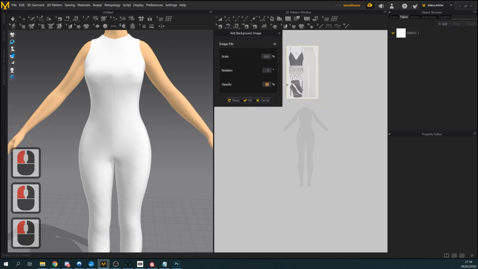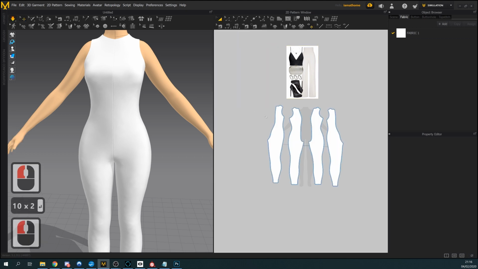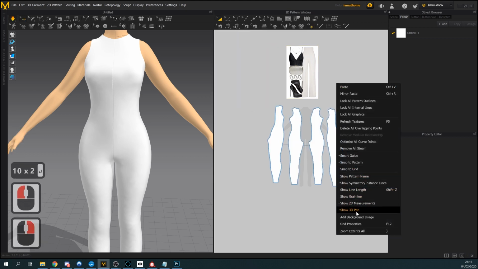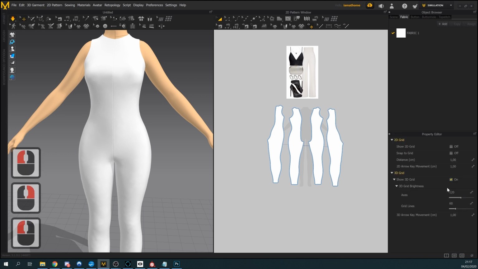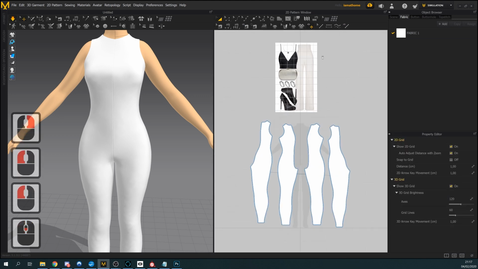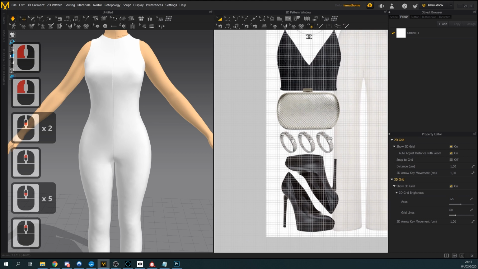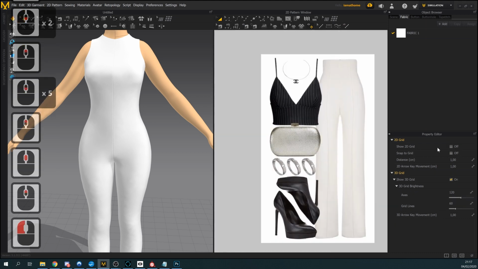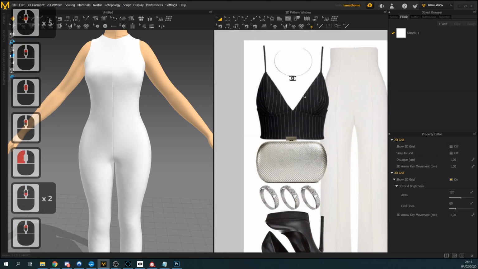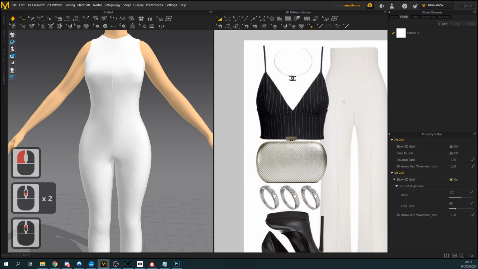I'm going to set the opacity to 200 so I can see it better, and I turn off my grid for this, because if you have your grid on, you would see it much harder. So at this moment I have my grid properties off, and this is what I want to achieve